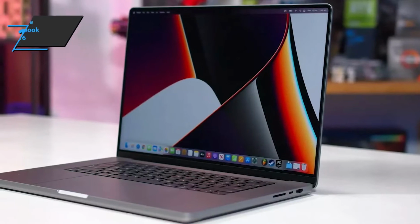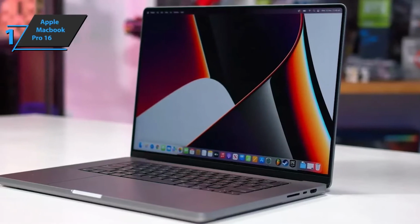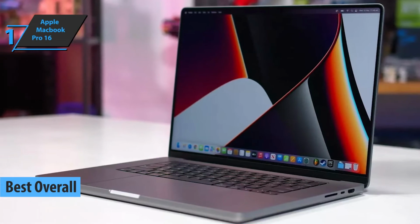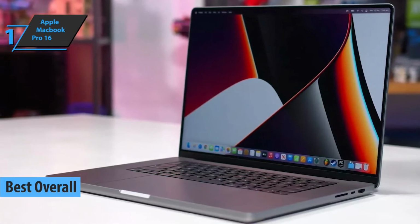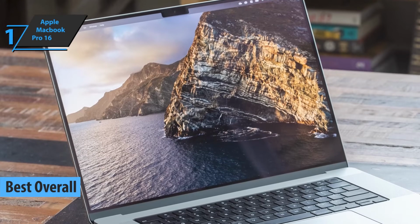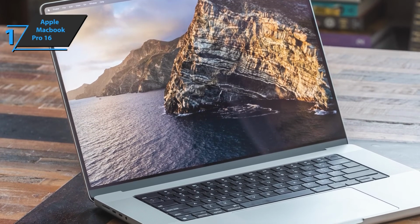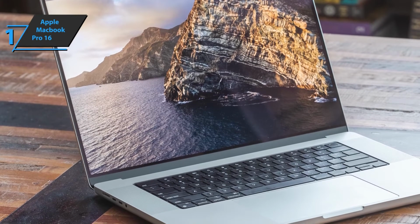Finally, we present to you the long-awaited gold medal and the title of the best overall laptop for programming in 2022. And the winner is the Apple Macbook Pro 16. With this new model, the change was radical. Even Apple itself brands these machines as the first of their kind on the official website, which speaks volumes about